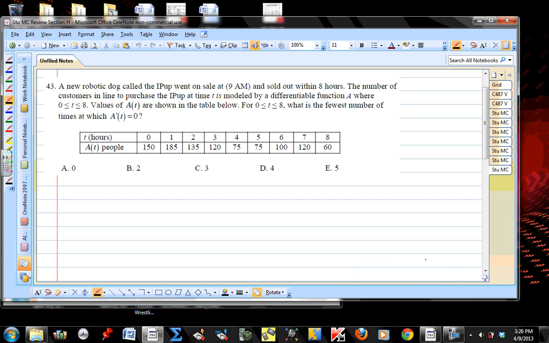Okay, take a look at problem number 43. They're talking about a new robotic dog that went on sale at 9 a.m. and sold out within 8 hours. The number of customers in line to purchase the new iPup at time t is modeled by the differential equation,